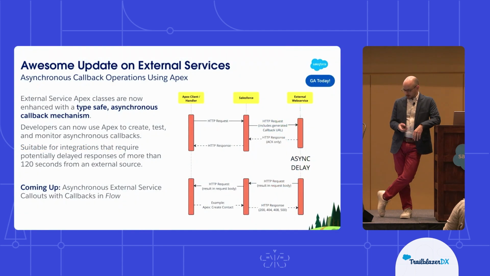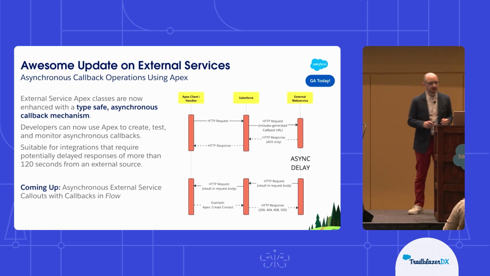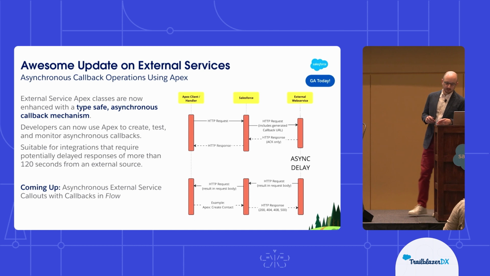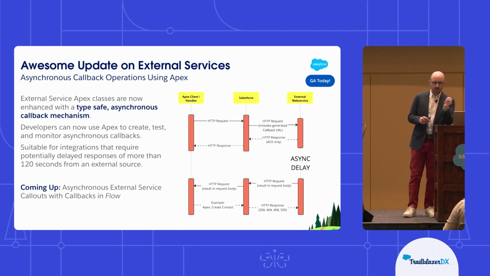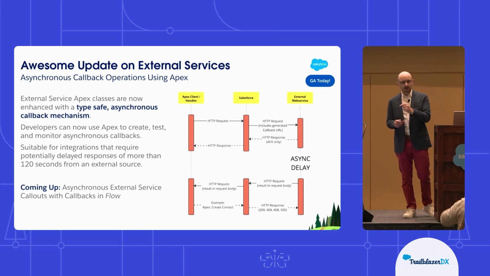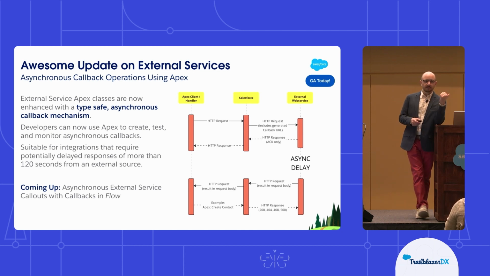So this is an update in that category that will be going some interesting places in the future: being able to call out asynchronously and pick up where we left off later. The request goes out to your endpoint with a callback URL you can use to ping back in later,